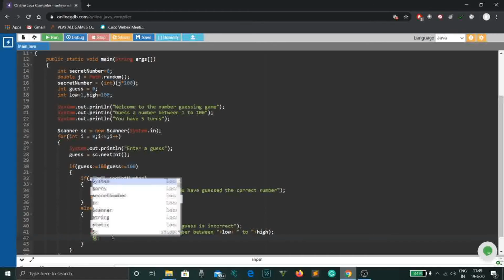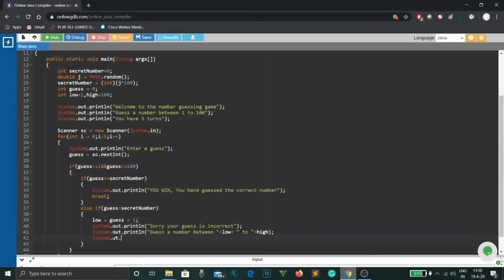After that we need to tell the player how many turns are left for him or her to play with. Then we'll write "You have", then we'll write plus. Here we have to declare a formula for the number of turns remaining after the user guesses incorrectly.